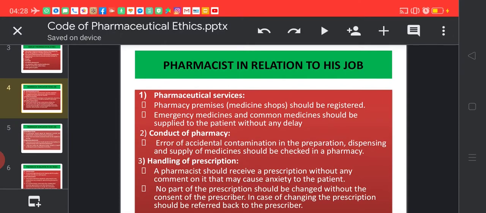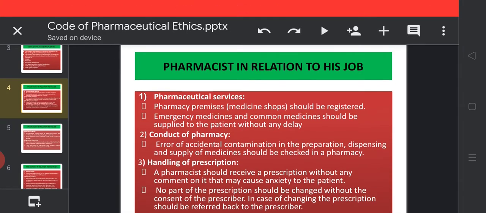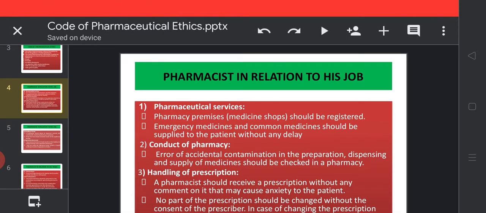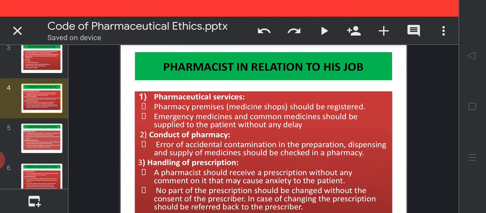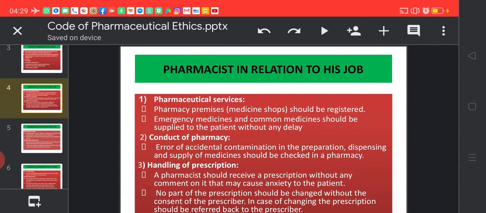देखिए, whenever any person works, definitely there is a chance, a probability of an error, of an accidental contamination, especially when we are formulating any products, when we deal with dispensing of a product, supply of medicines, तो इन जगह गलतियां होने की चांसेस है। बट हम एक काम कर सकते हैं, each and every step should be cross checked, और इस तरह से we shall maintain a good conduct of pharmacy।